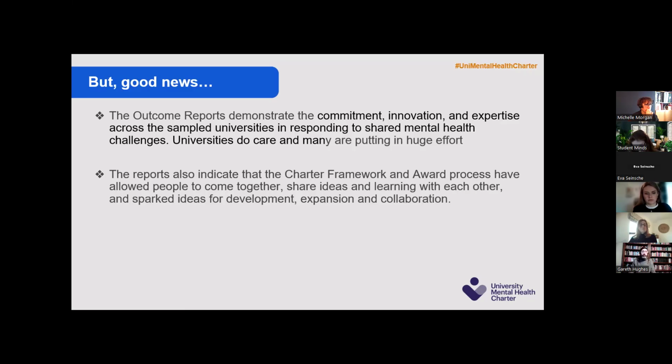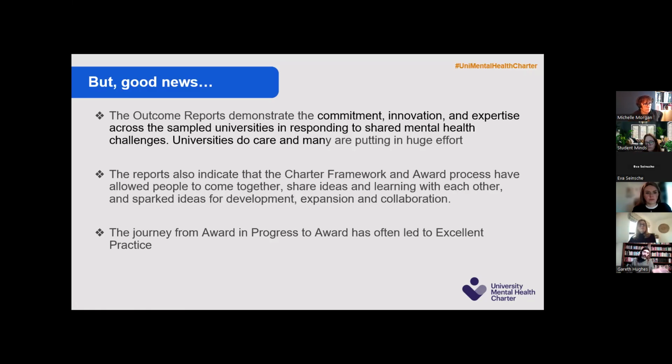People sitting down in rooms together to have those conversations and realizing that there are maybe some quick wins that they've got, or that there are things they can work on together to actually improve things and take on shared challenges. And actually, in some cases, when we did that analysis of what happens after somebody gets an award in progress, we've actually seen those areas where there was an award in progress move not just to being acceptable, but actually to being excellent practice, which is really exciting when you see that,